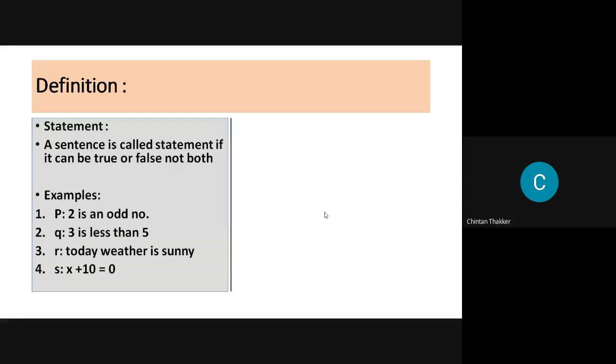It is not a statement because for the variable x, it is not given which set it is in.